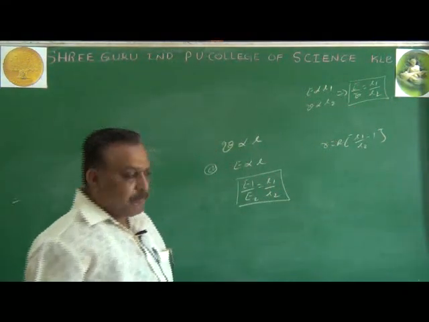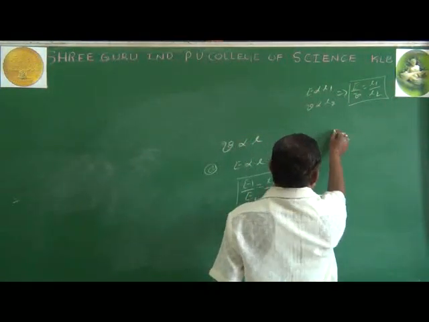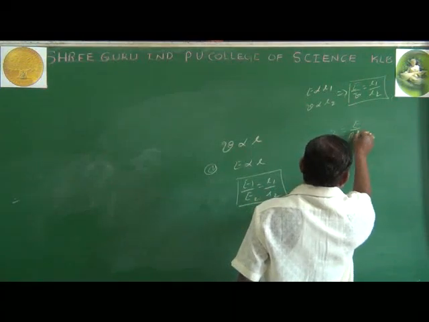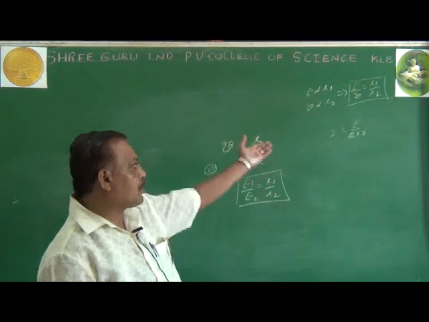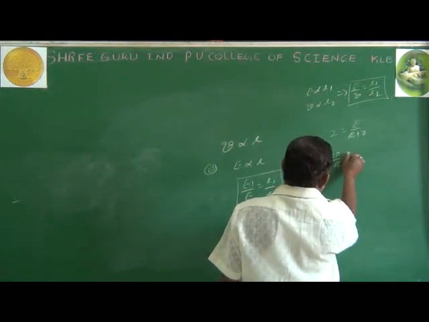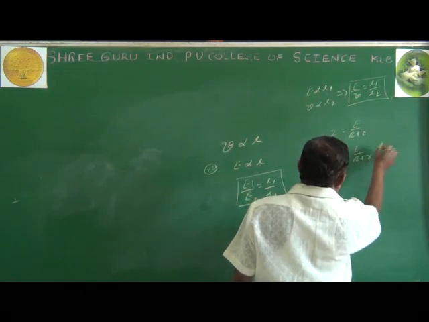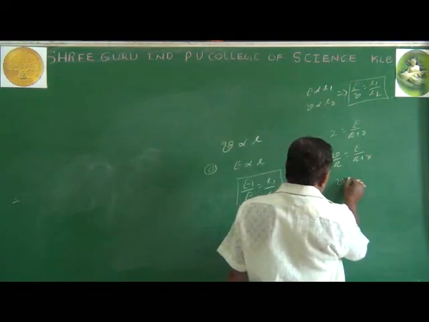Then we have taken the use of what? This equation we will do like this. I equals E divided by R plus r, also applied to the circuit. The cell has internal resistance small r. And I must take this equation. From Ohm's law, I equals V by R. So E divided by R plus r, then I go for cross multiplication.